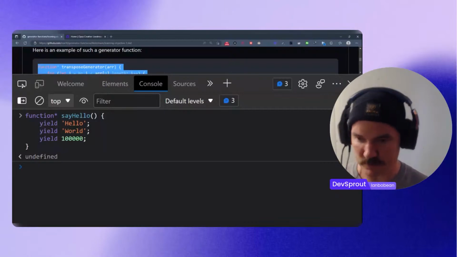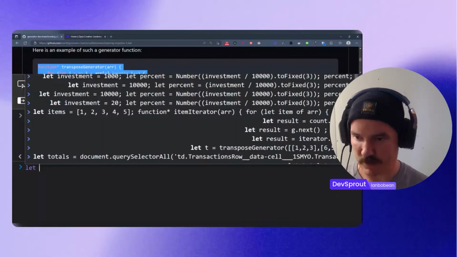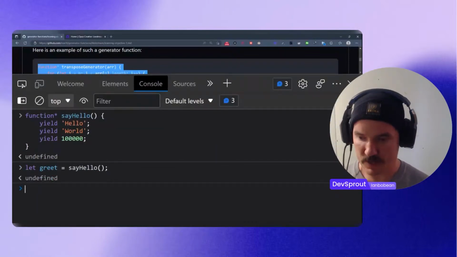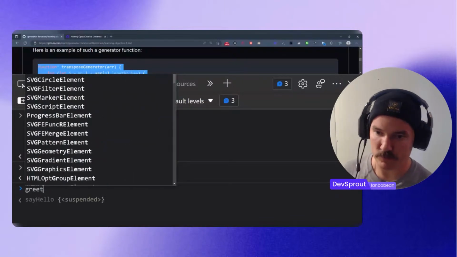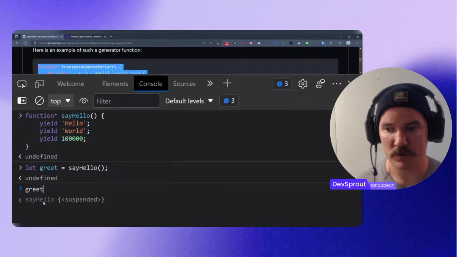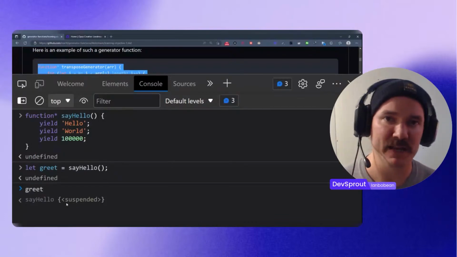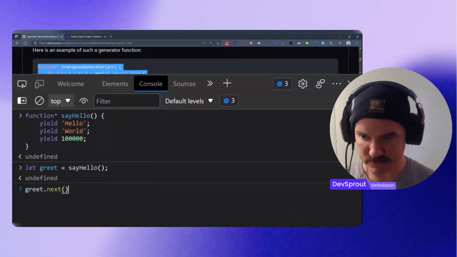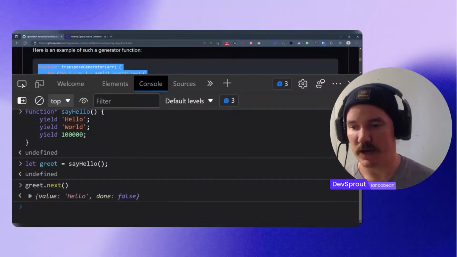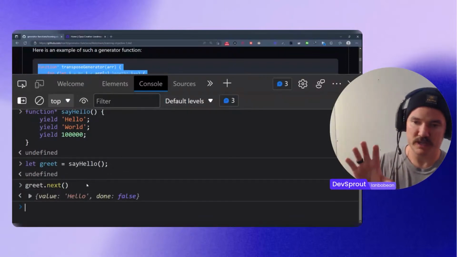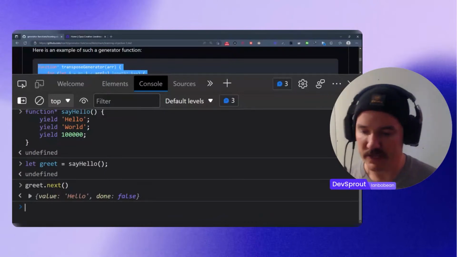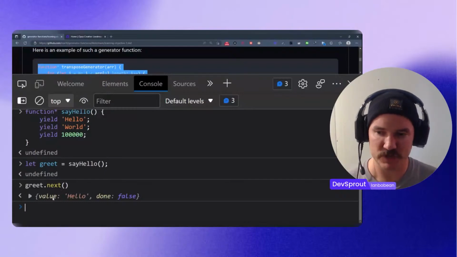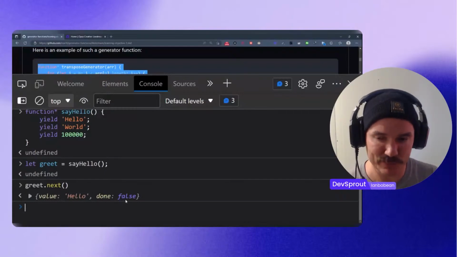Three yield keywords. What the heck? So if we go over here and create a variable, let greet equal sayHello, and we invoke it. And then we take a look at greet, you can see, even without clicking enter, that we have a sayHello object that's suspended, meaning it's waiting for us to tell it what to do. And so if we call .next, it's going to give us back an object. And this is what the iteration protocol is all about. If you write a custom object that has a next method that returns an object with a value property and a done property set to a Boolean, then you are